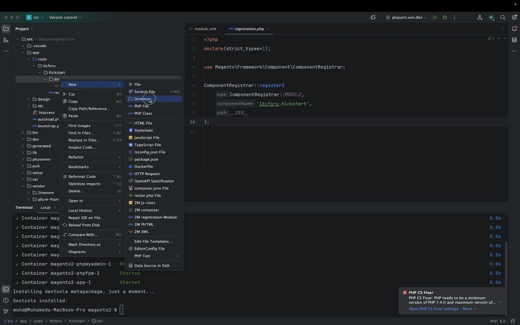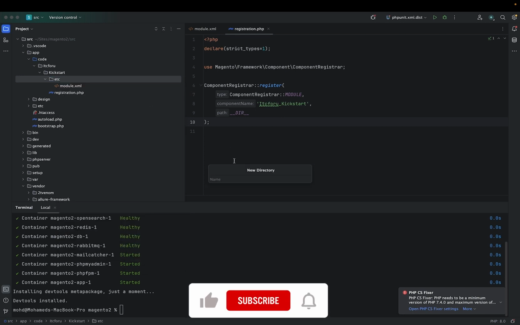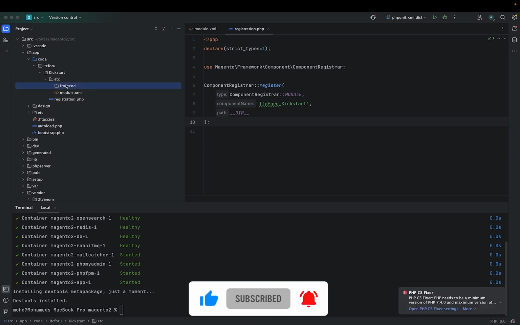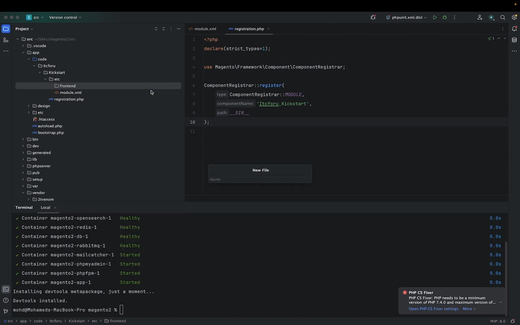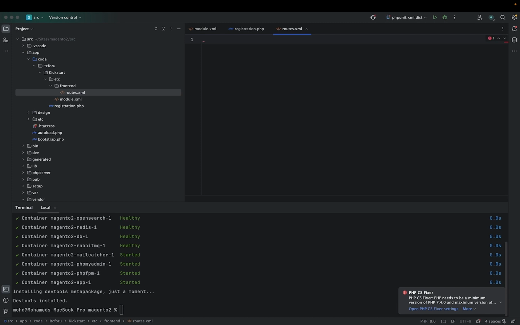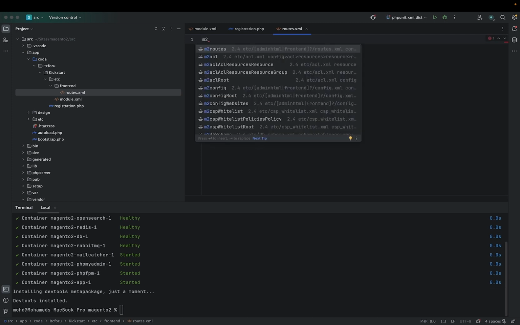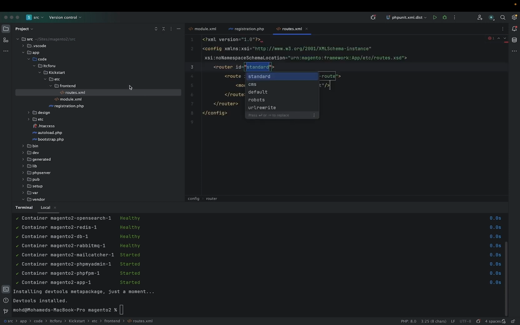We will create a new directory here, name it front-end, and then we will create a new file named routes.xml, and I will use a predefined template for routes. First, the route here is a standard,